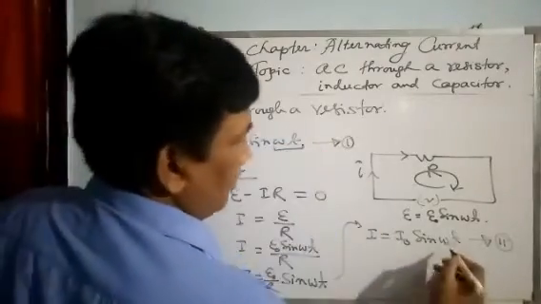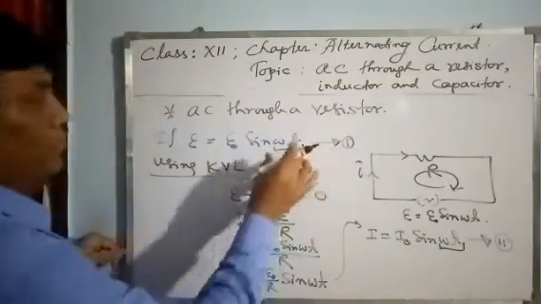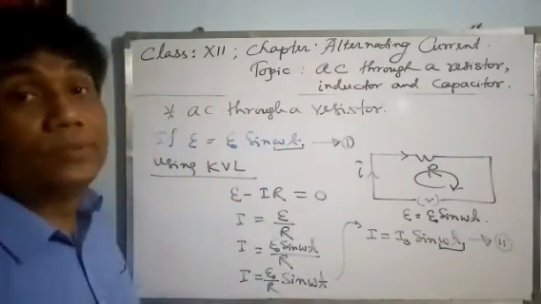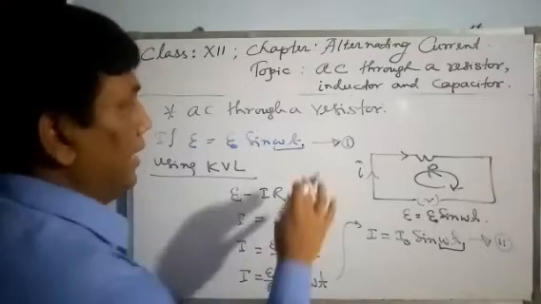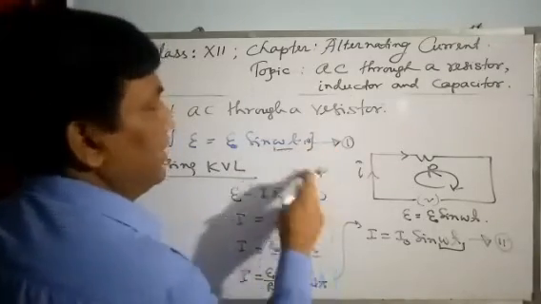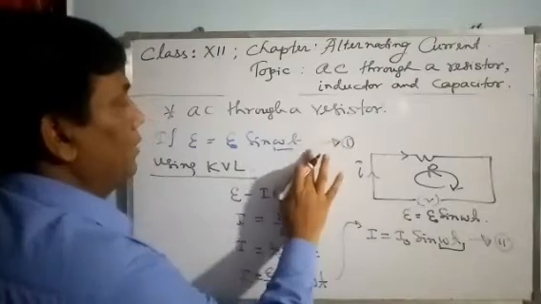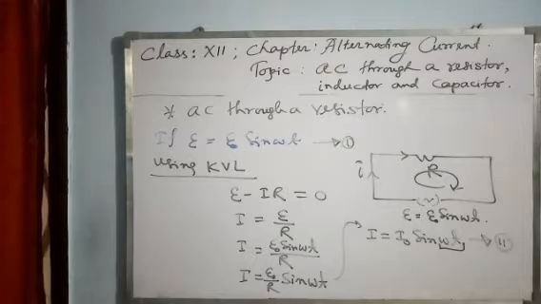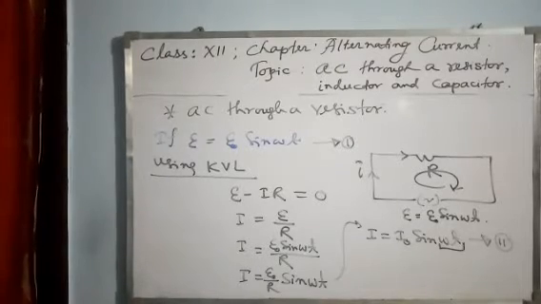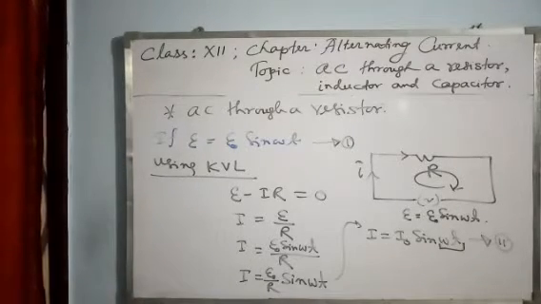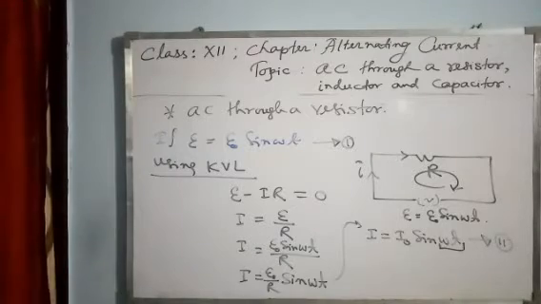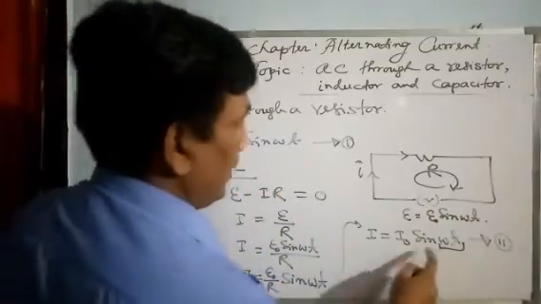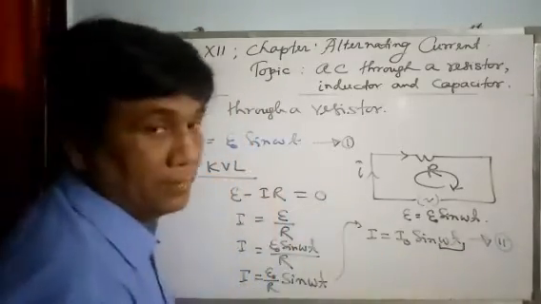This is called phase angle. Here also the phase angle is omega t, and here also the phase angle is omega t. It means the phase difference is 0, because both are the same. Had it been something like theta plus theta, then there would have been some phase difference. But now it is omega t, that is also omega t. So the phase difference is 0. It means they are oscillating in the same phase. That means when current is maximum, voltage is also maximum. When current is 0, voltage is also 0. When current is negative maximum, voltage is also negative maximum.